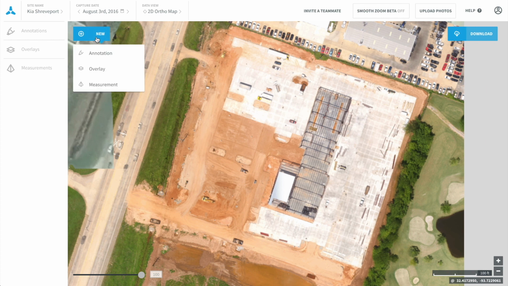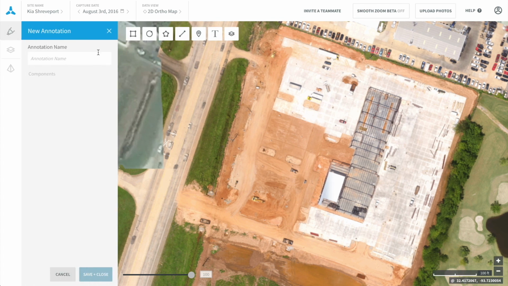Click on the New button and select Annotation. You'll see a few options pop up: Square tool, Circle tool, Polygon tool, Line tool, Location marker tool, Text label tool, and Overlay tool. We're going to make a short work plan today for the delivery of a new crane